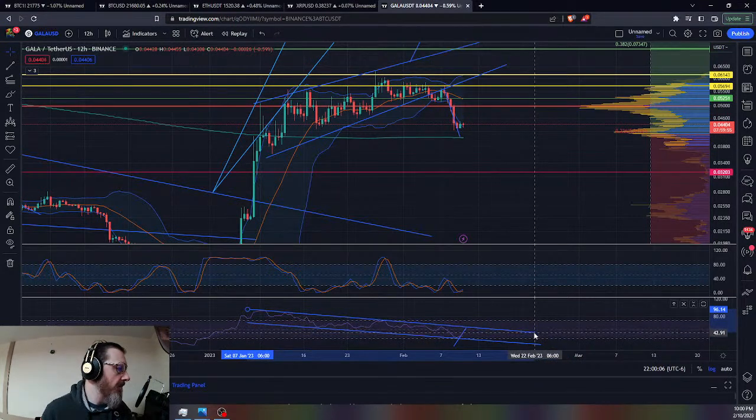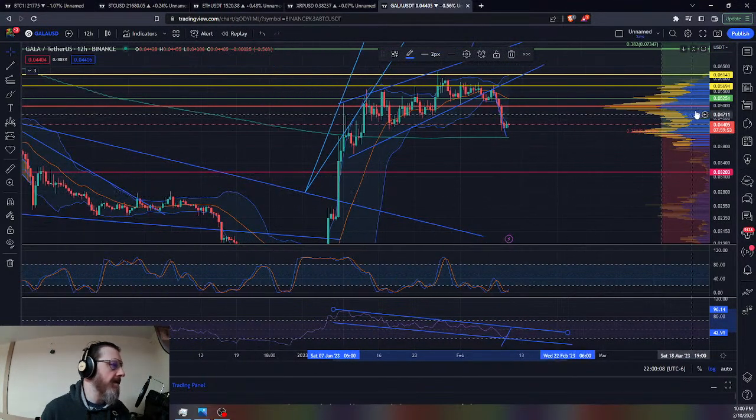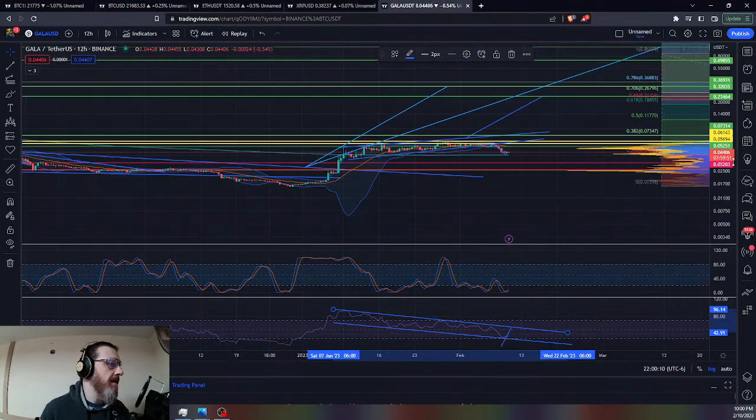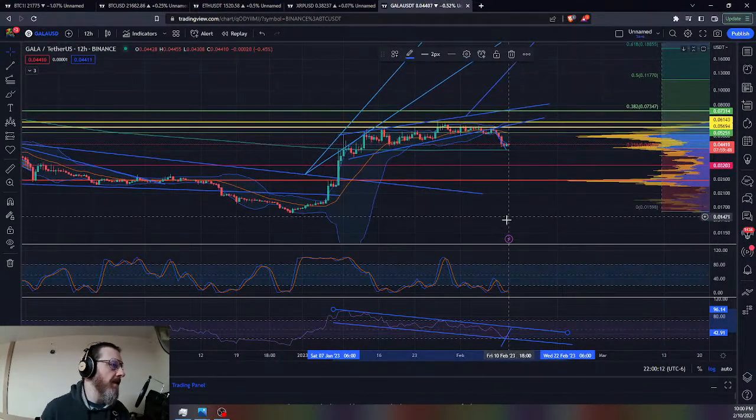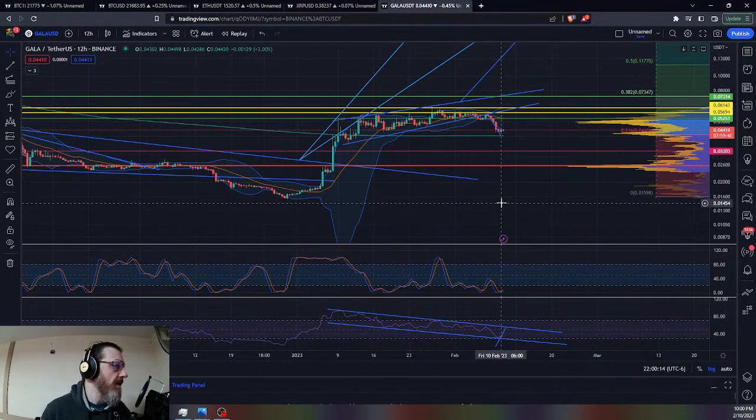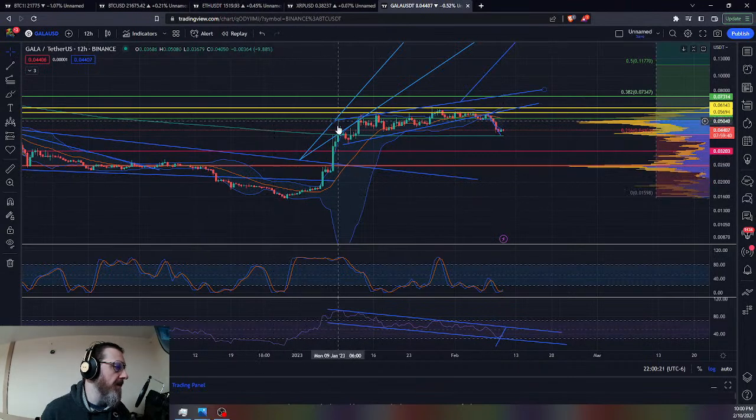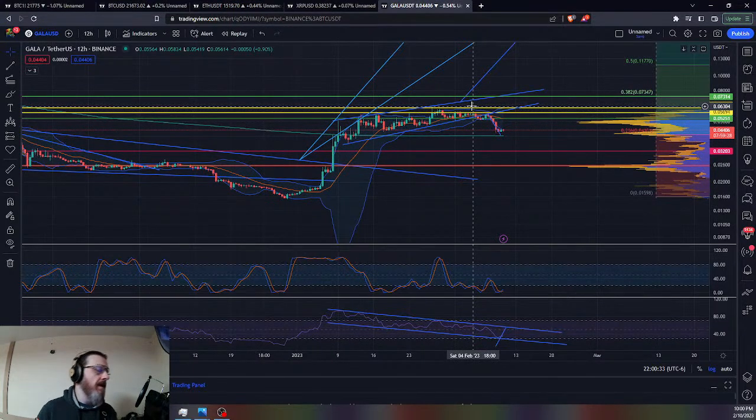Yeah, it's not bad looking price action for Gala. This is an asset that if you're going to look to pick one coin, this is definitely one you might want to mess around with, trying to scalp off these swings, which obviously we saw a real nice swing here from about 1.5 cents all the way up to just over 6 cents. So just over a 4x move for Gala there